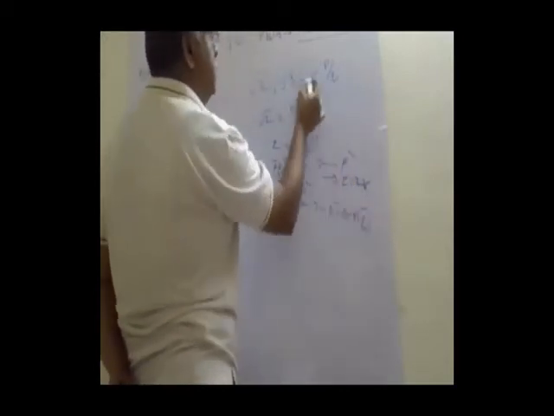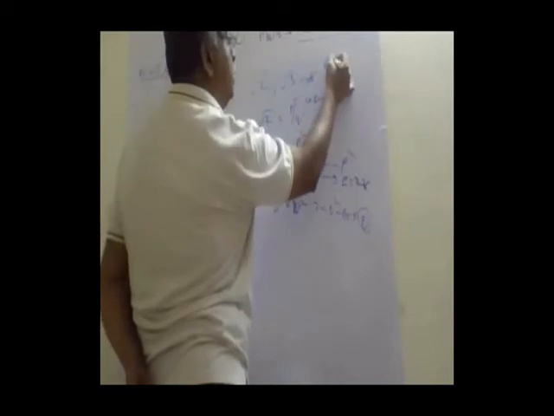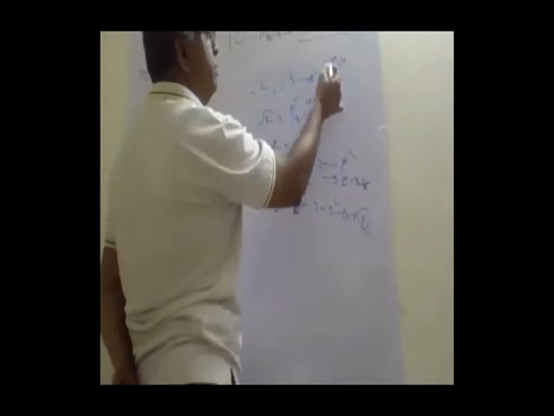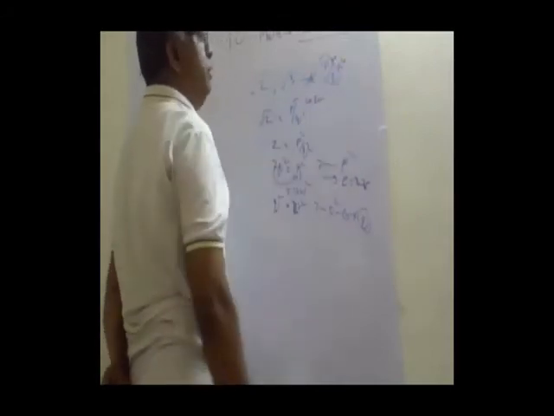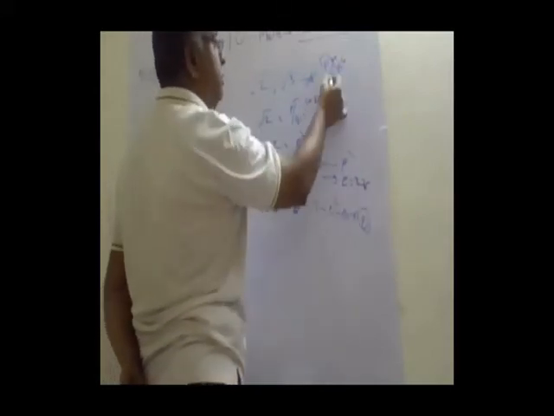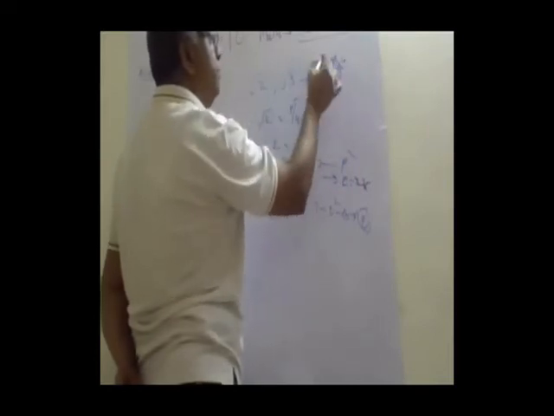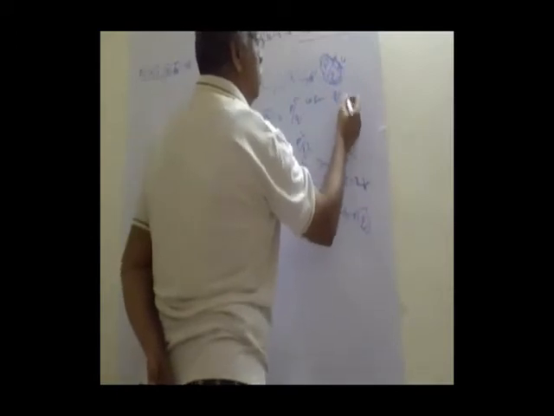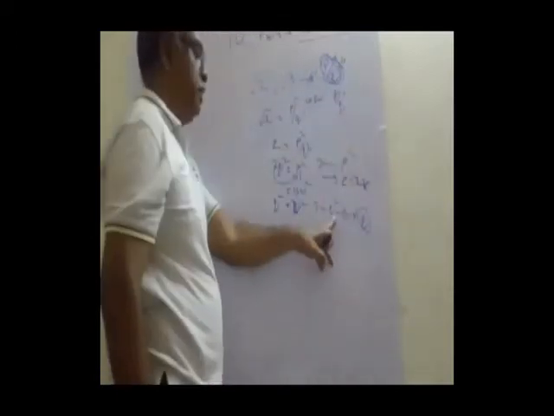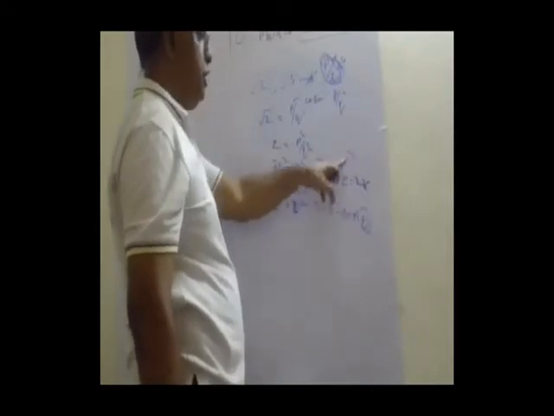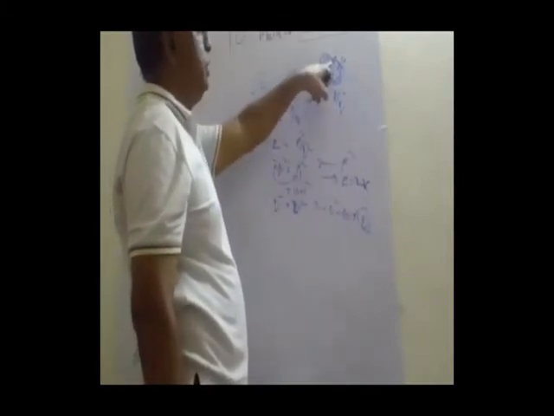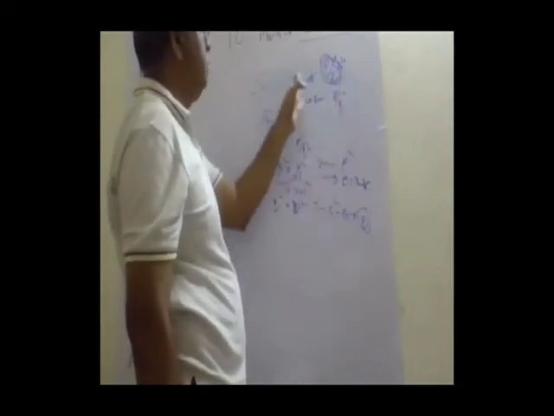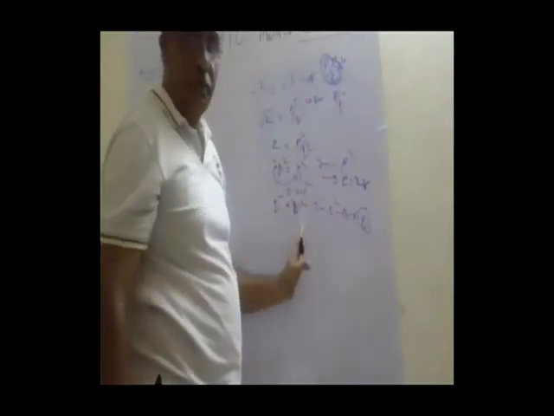That means p by q is not co-prime. They have a common factor 2, which can again get cancelled. Then again I come to a co-prime. So that means it will never be in this form. So root 2, root 3 can never be represented by p by q form without common factors. Here it is proving that 2 is a common factor on both sides, which is not our assumption. Our assumption is they are co-prime, they don't have a common factor. But unless they have a common factor, the equation is not tallying. You understood this concept?